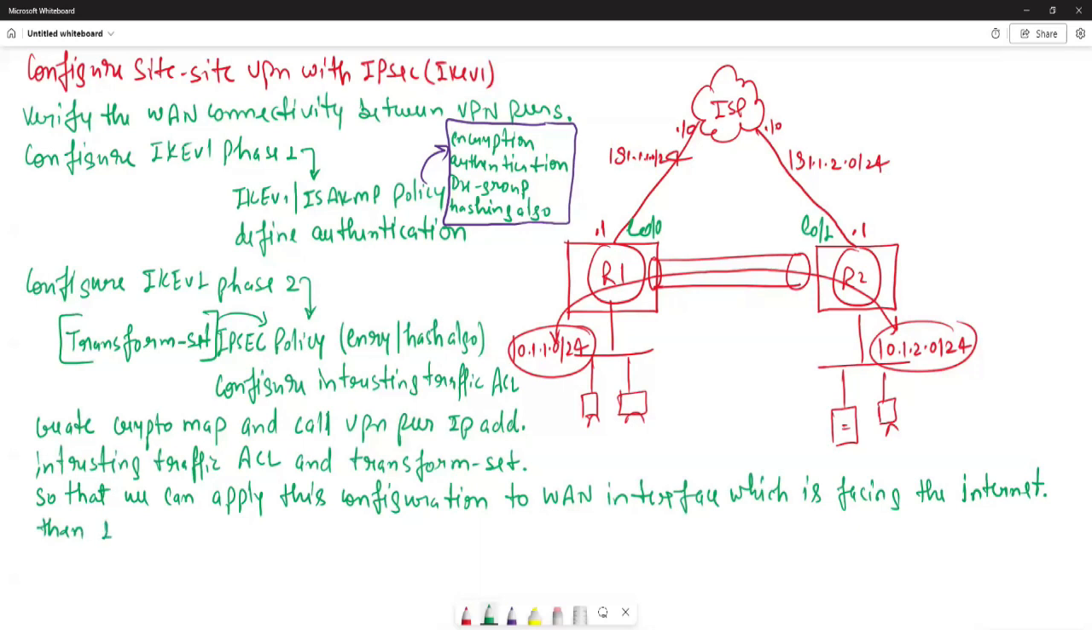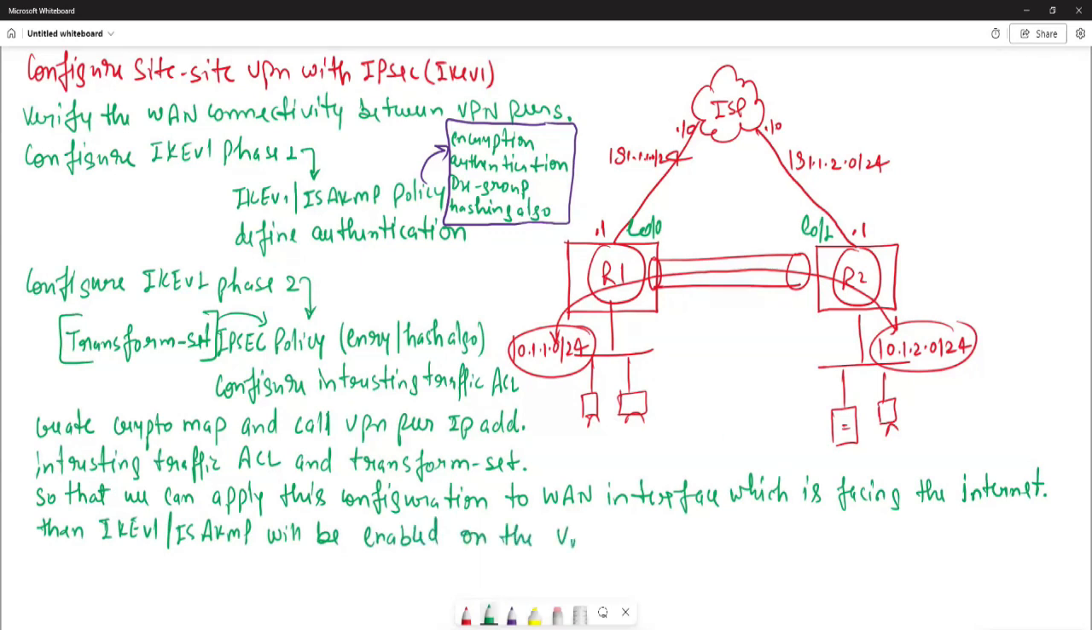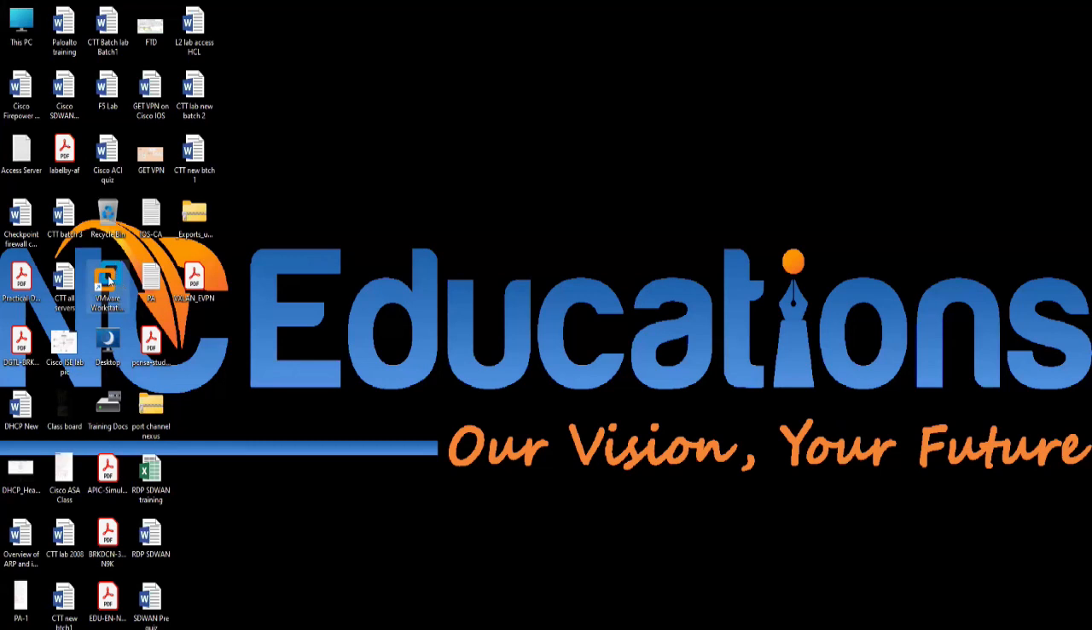Okay, then IKEv1 and नहीं और होता है, IKEv2 will be enabled. By default, it is disabled. Okay, on the VPN device. Okay, so this is how you are going to configure it. By default, IKEv1 और IKEv2 कुछ भी बोल लो आप, डिसेबल होते हैं। ठीक है,